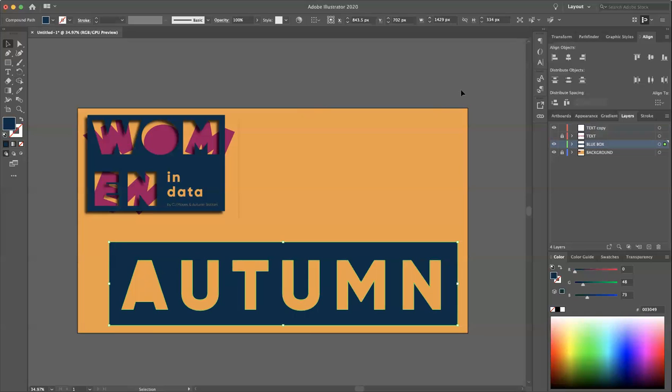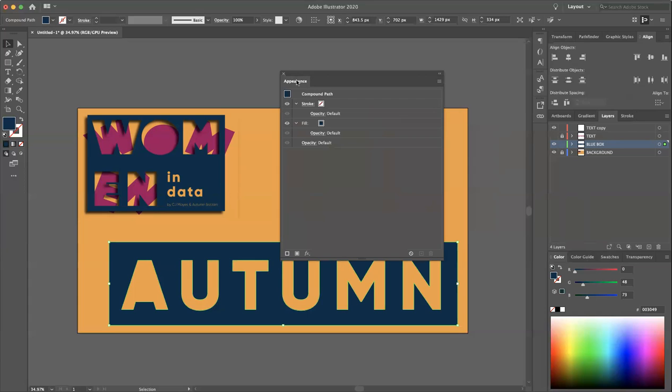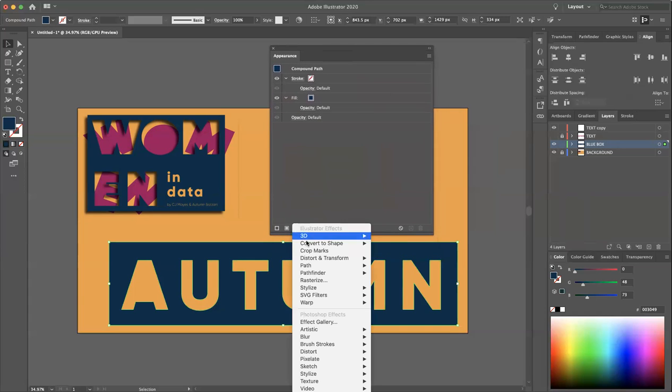Next thing we're going to do is add the drop shadow. So that's what's sort of creating this look on here that's hovering over the background, and this is really easy. It's going to be in my appearance panel on Adobe Illustrator. So if I go to Effects, Stylize, and Drop Shadow,